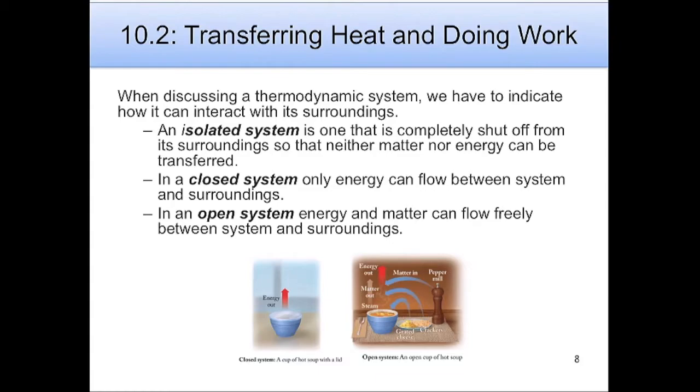Now, a closed system is one in which only energy can flow between the system and the surroundings, so thermal energy, for example. If we have a system such as this, where we have a cup of soup with a lid on it, only energy can be transferred, right? Only that heat energy can be transferred from the system to the surroundings. Now, if we have an open system, energy and matter can flow freely from the system to the surroundings or vice versa. So in that case, we could have this situation here, an open cup of soup in which both energy and matter can be transferred between the system and the